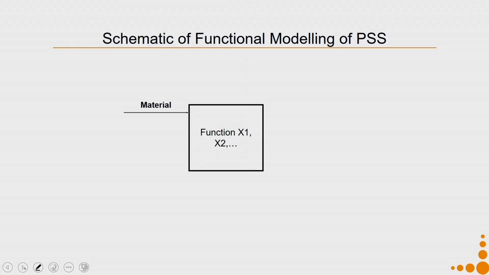Say for example, if I want to make a chair, so my function over here is making a chair. In order to make that chair, I will need to put in material. So, I will put in raw materials, then my function is making the chair, and I get material outside, which is the chair. So, here I had raw material, now here I am having chair.